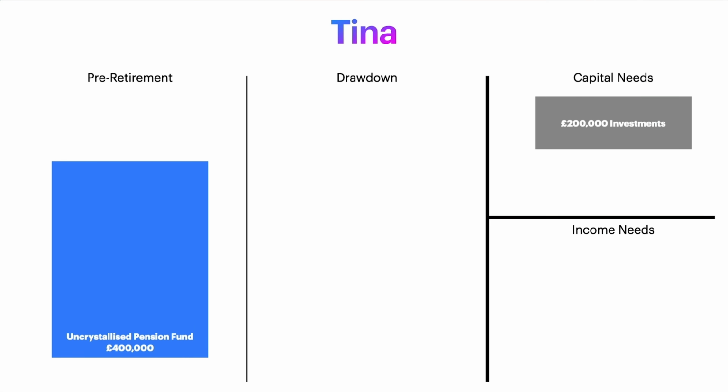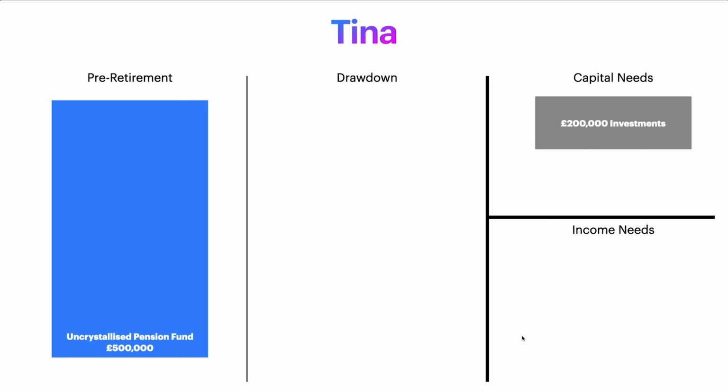There might be a little bit left. But eventually, once her state pension kicks in, she can make some further decisions. Now, the other way she could achieve a similar sort of thing is using UFPLS. And she could use her non-pension money, some of this investment she's got up here, she could use that to fund her capital needs. So that would then drop to about